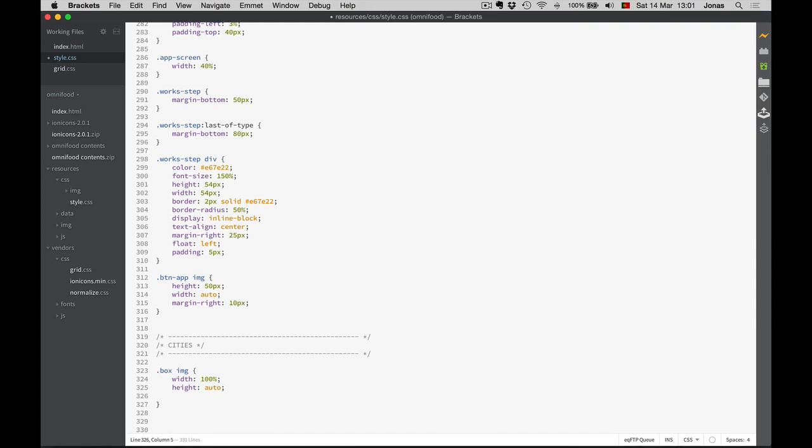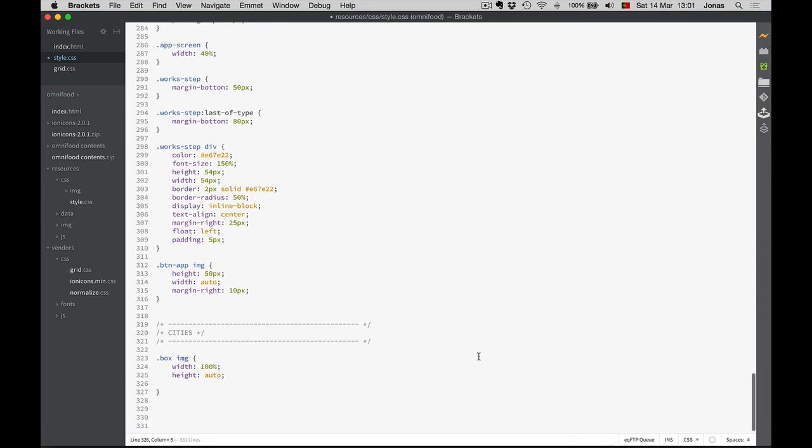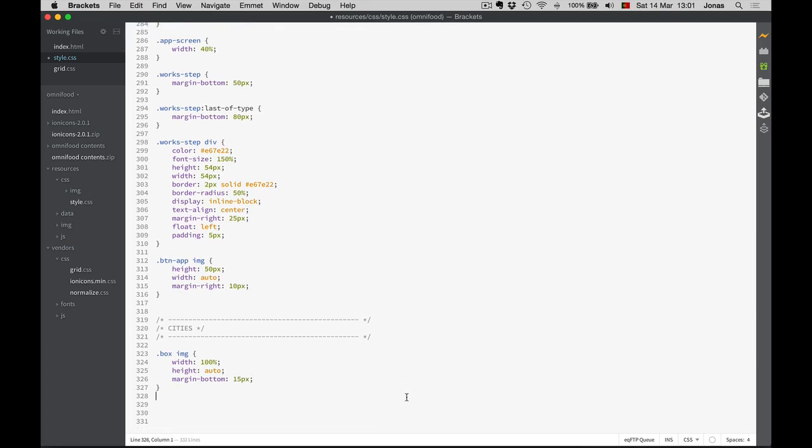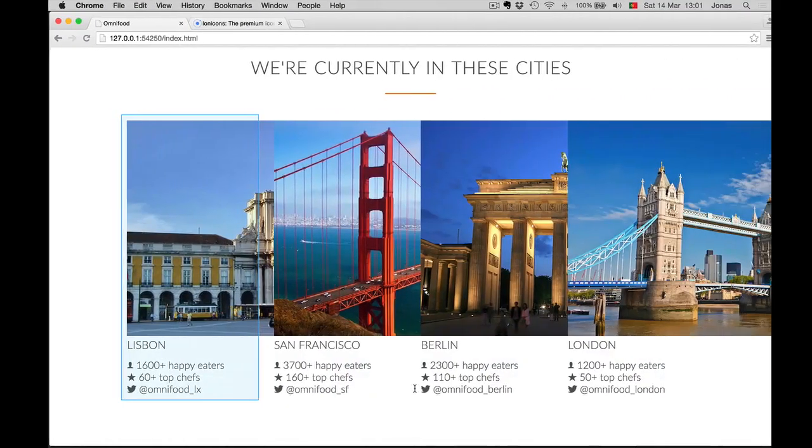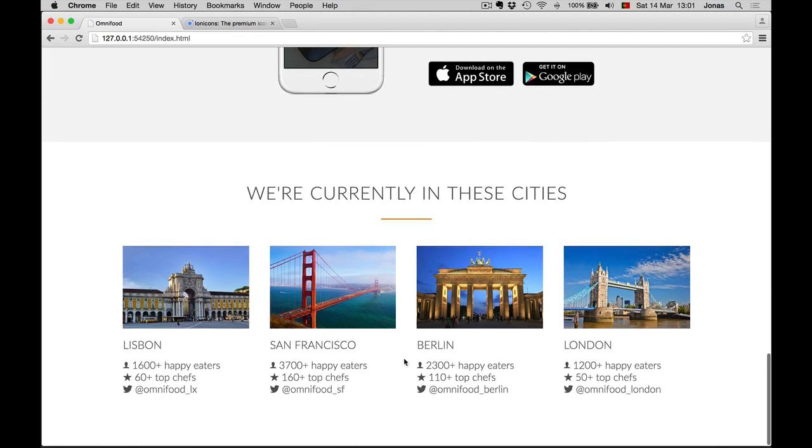And we can maybe have some margin between the box and the H3 heading. So let's just add some margin to the bottom here of maybe 15 pixels. And let's check this out. Okay, cool. This is great. And now let's add some margin to